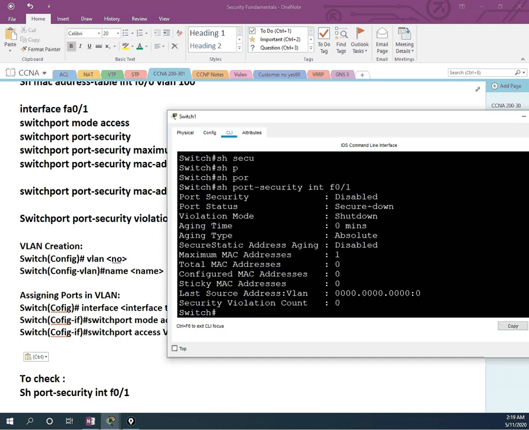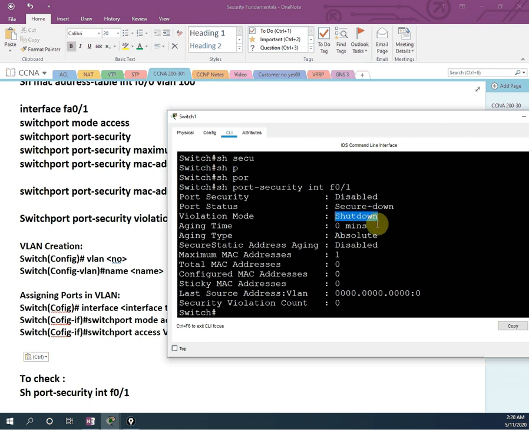So if you see here, port security is disabled, so no security is allowed, meaning we did not enable any security on this port. And by default the violation mode is shutdown, meaning if anyone causes a violation, shutdown is the mode selected. So whenever anyone comes and connects his cable, the port will go down and it will not come up.